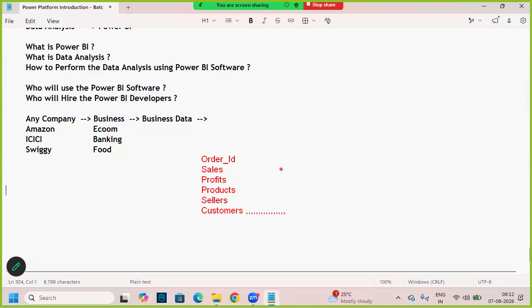And if you take ICICI, it is doing some banking business. So what kind of business data will ICICI have? They'll have different types of accounts related data, different types of loans data, different types of transactions related data, and also debit cards related data. They'll have the credit cards related data,